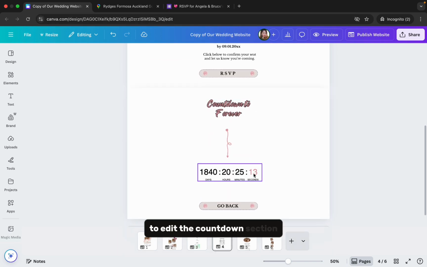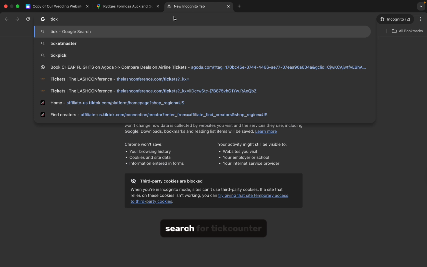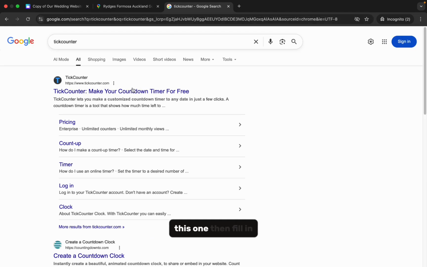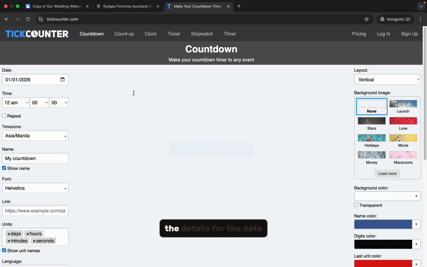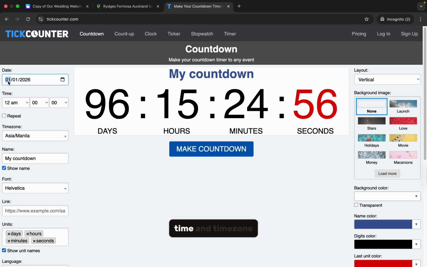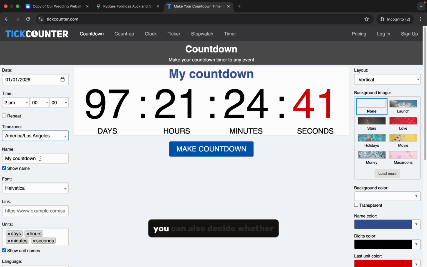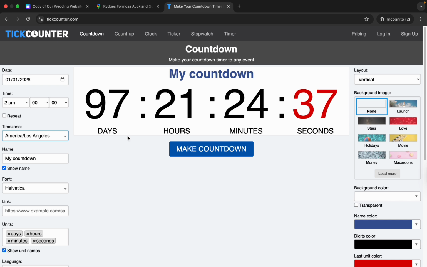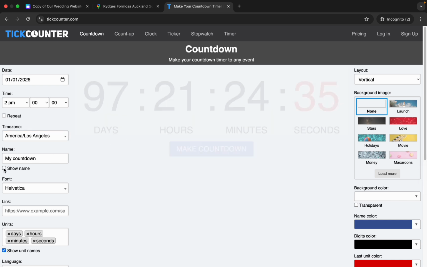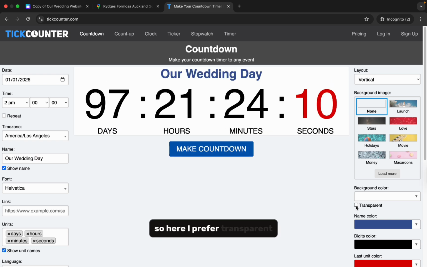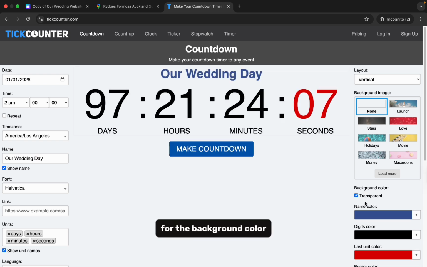To edit the countdown section, go to Google and search for tick counter, this one. Then, fill in the details for the date, time, and time zone. You can also decide whether you want to show the countdown name. So here, I prefer transparent for the background color.